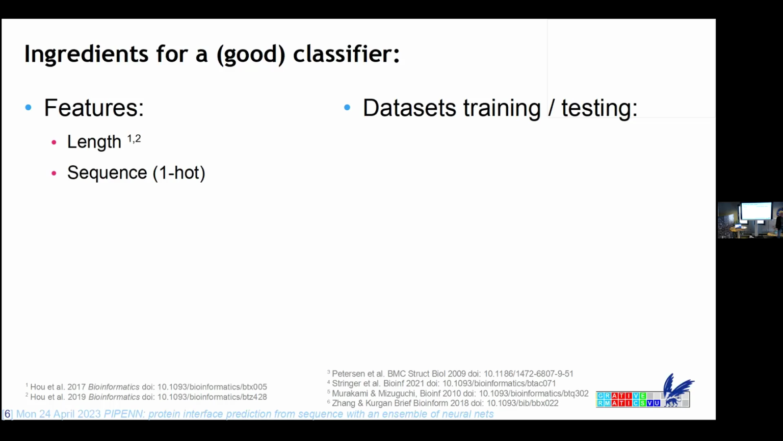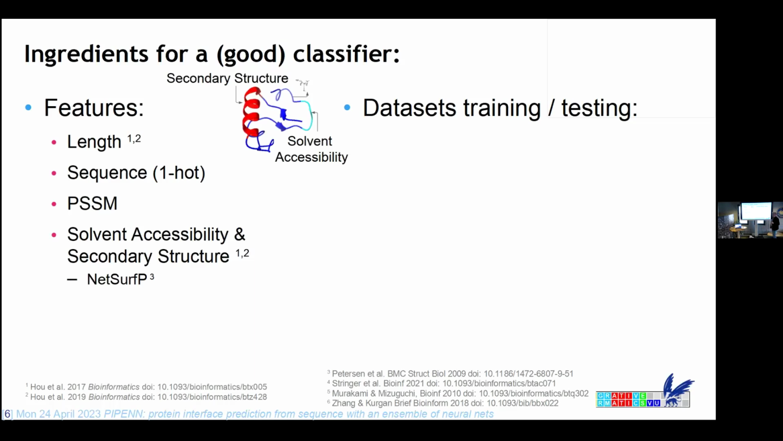PSSM, so that's a profile that, for example, BLAST produces, that basically encapsulates the probability of finding different residues in different positions of your protein. So it also tells you something about evolutionary conservation of different types of amino acids in different locations of your protein. And then